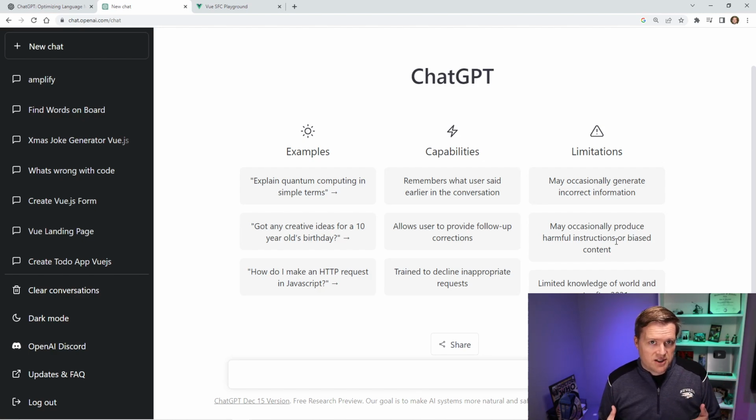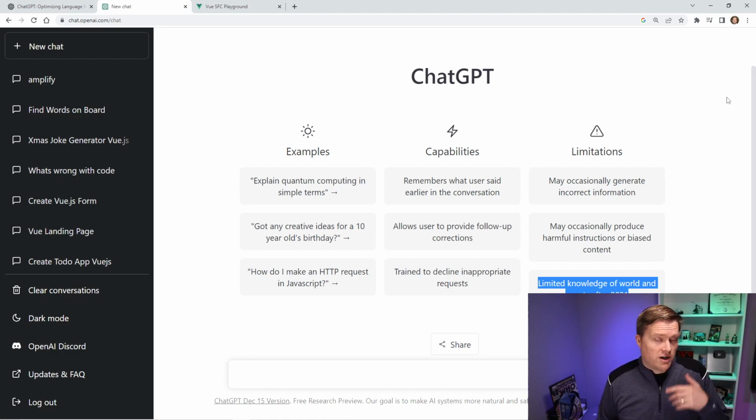It's a free service, but if you're trying to use this for production, I would not use it for that. If you are a brand new software developer or you're trying to learn a new framework or language, I think there are some advantages, and I'll show you what I found out. Definitely, this is not something you just want to copy and paste directly into your production code. It has limited knowledge of the world and events after 2021. I noticed that in some things, especially programming related, it actually knew about it, and some things it didn't. And that's going to be a little bit of a problem.